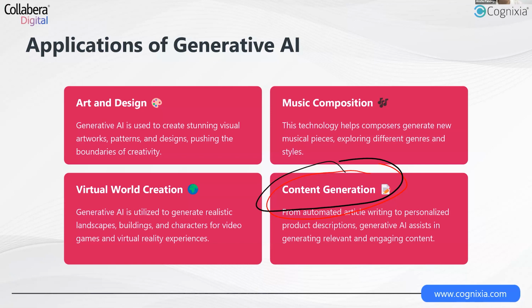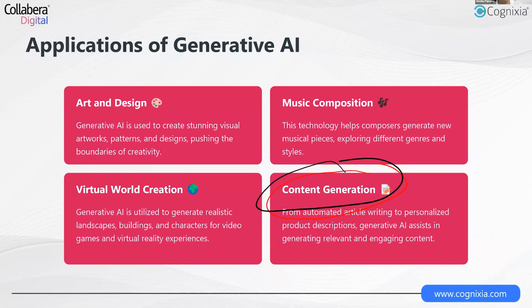Content creation has been one of the most successful applications of generative AI today, widely being adopted in the market. In my past experience, I have helped multiple organizations with collaborative digital building applications on generative AI. So we've been doing multiple solutions where we automate marketing funnels to marketing pipelines, where generating content helps to reduce a lot of effort and time being put in experimenting with different marketing campaigns.